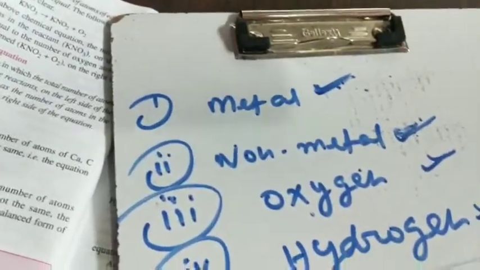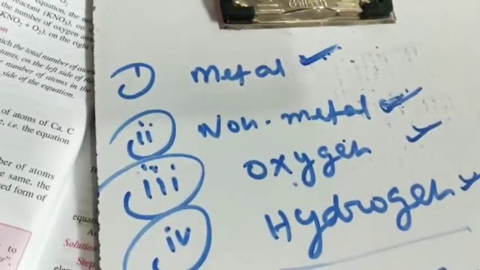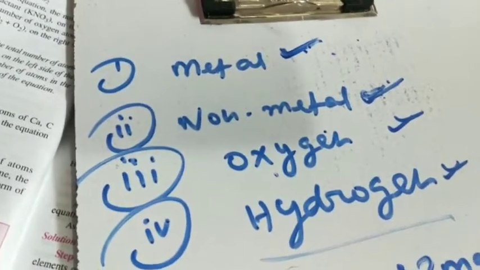Now I am providing you the next example. After watching this A to Z example, your concept will be crystal clear. Now first you see this equation. Here copper oxide will react with ammonia, then copper plus nitrogen plus H2O. So according to the rule, first you balance the metal.